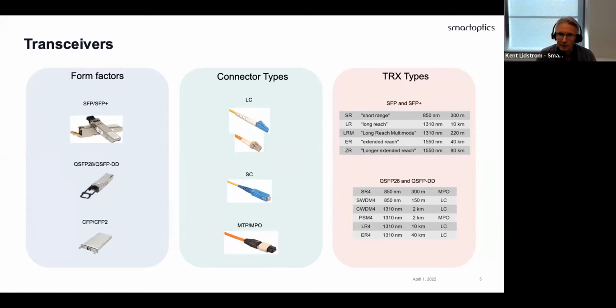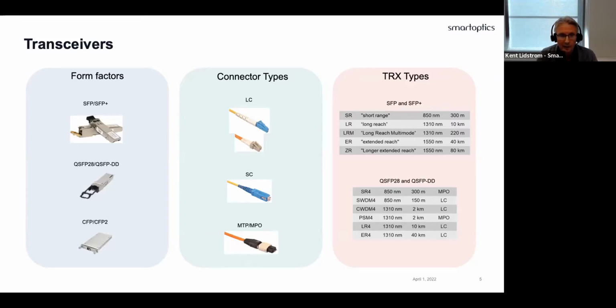When you go up to 100 gig, you get another complexity to it as well, because with new types of transceivers, you will also start to use new types of connectors. So it can be a bit of a challenge to select the right type. It all depends on what kind of router you select. Then you have to select the appropriate transceivers that fit into it and work together with that.